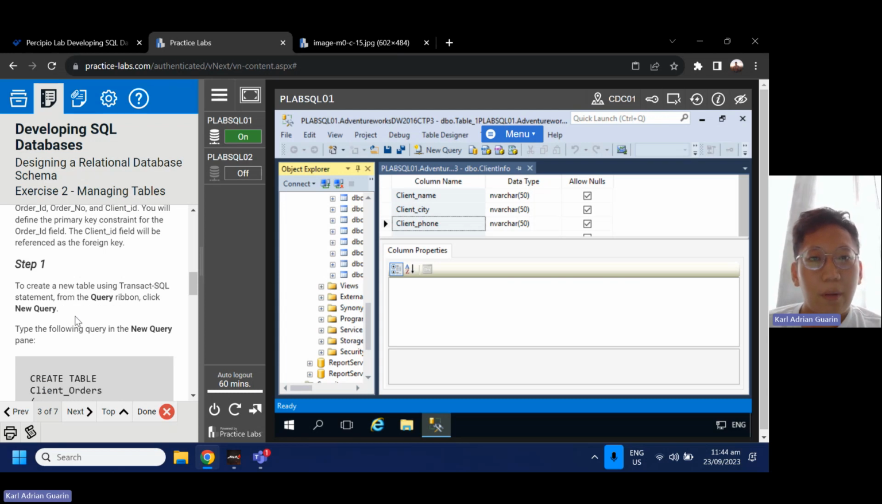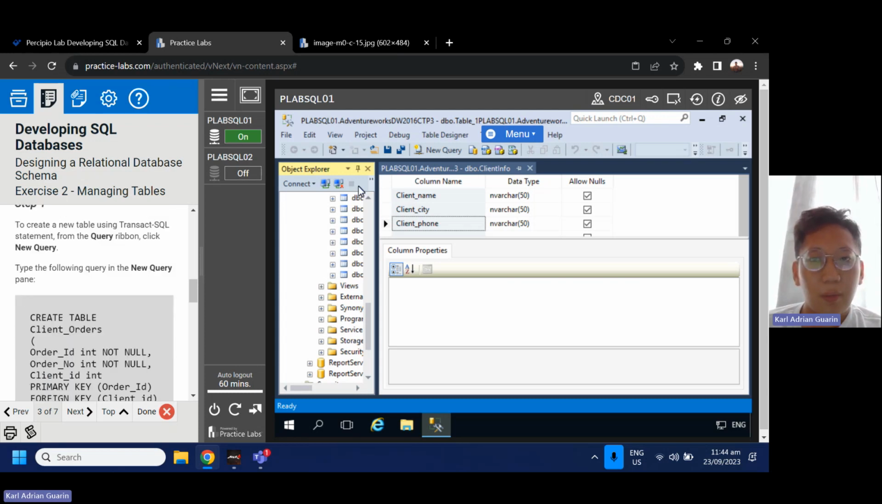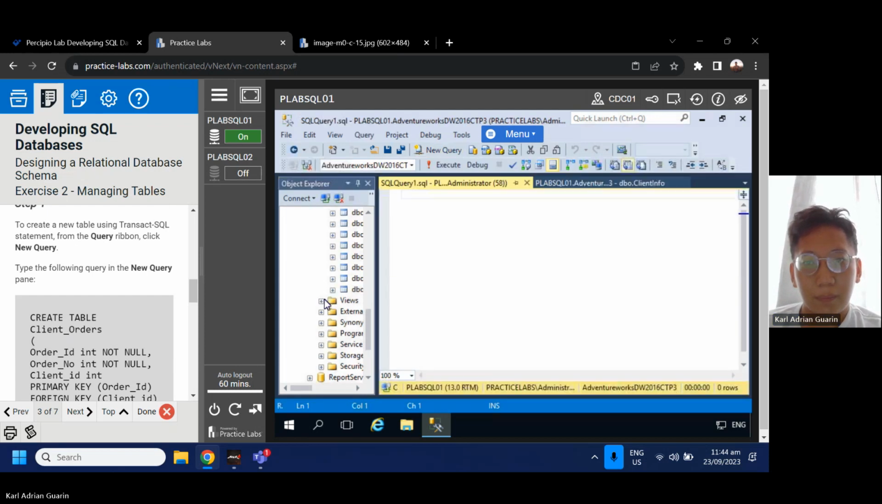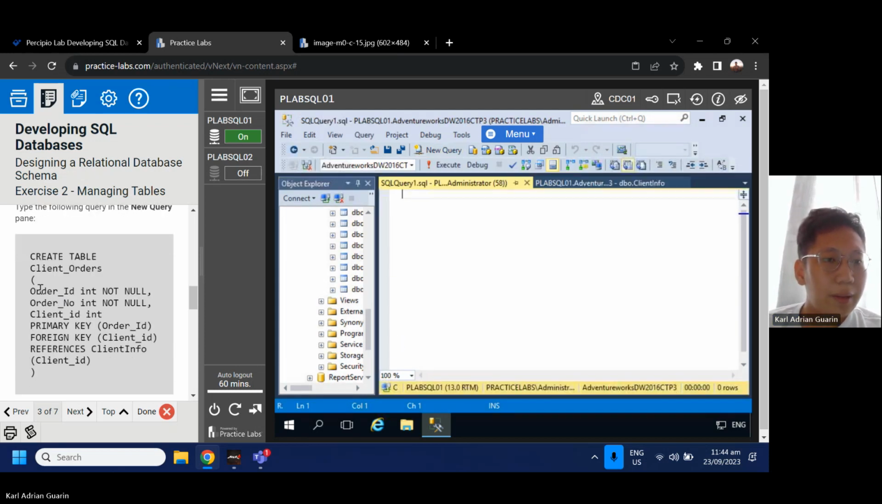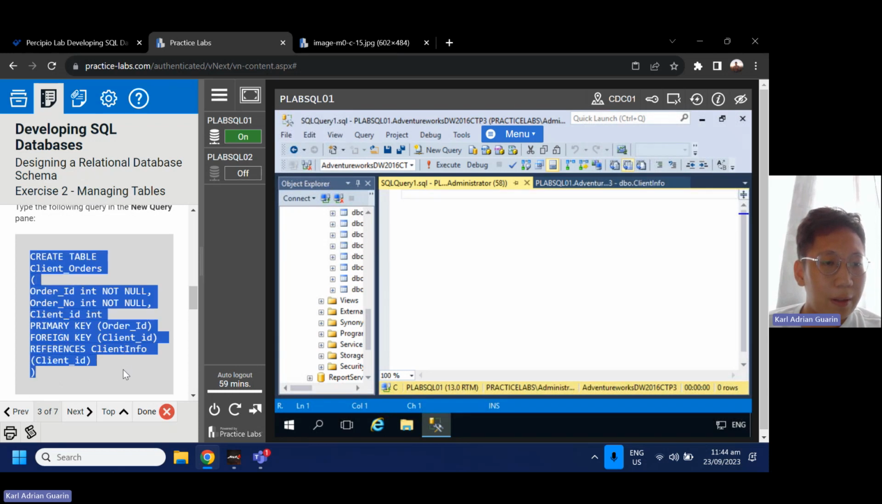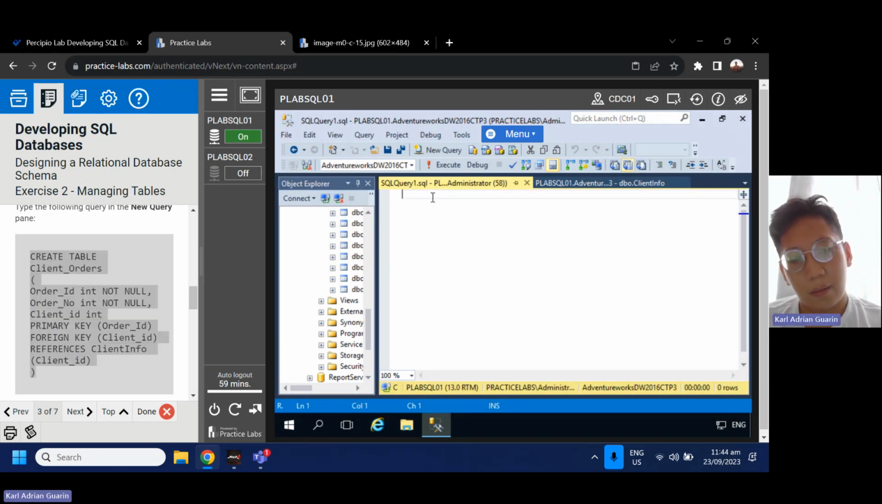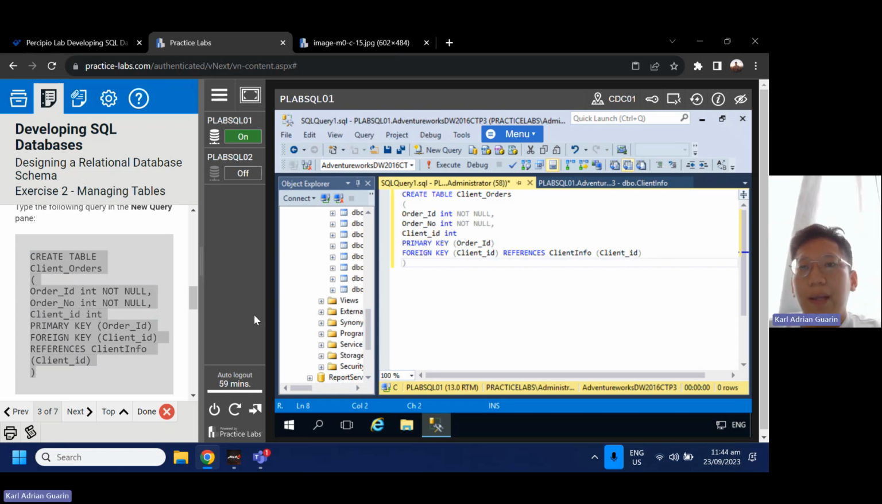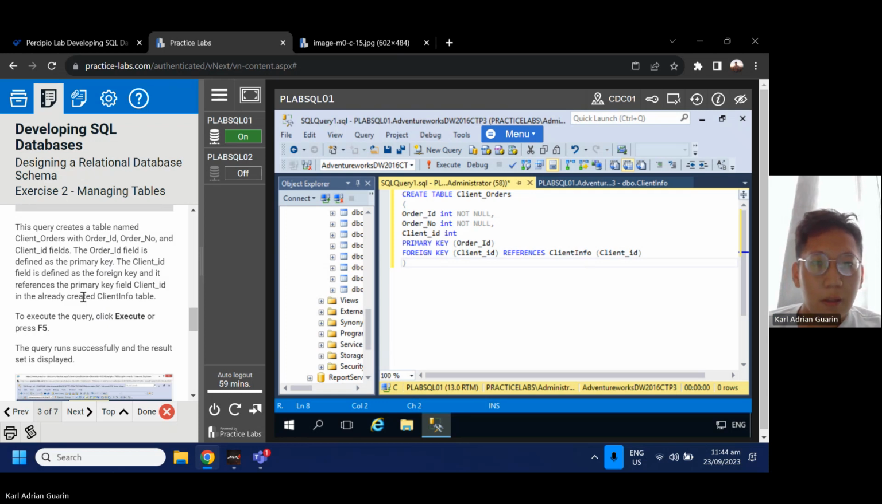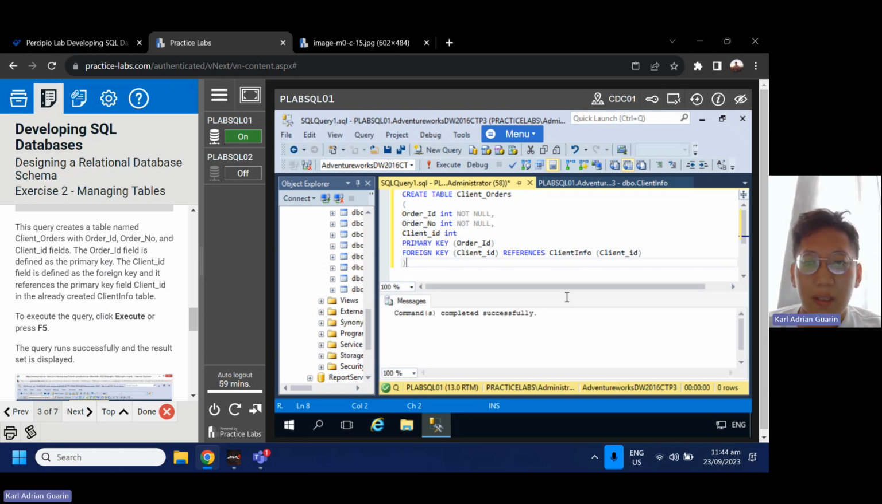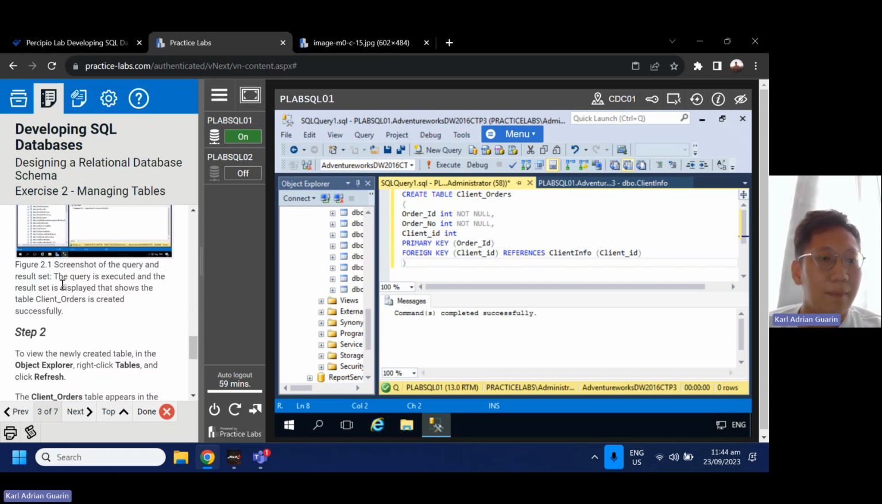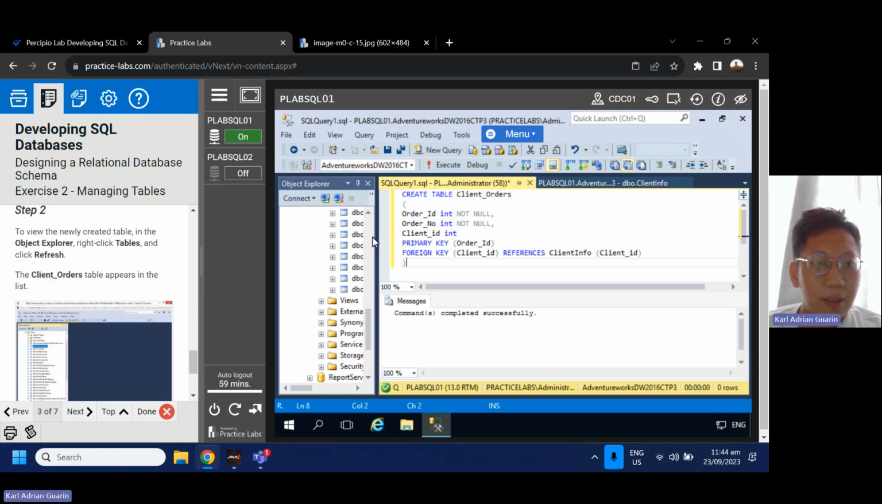Step number one is we need to create a new query. So we need to create the table: create table client orders, order ID, order number, client ID, primary key is order ID, foreign key is client ID, references client info, client ID. So as you can see, command completed successfully. So step number two, the object